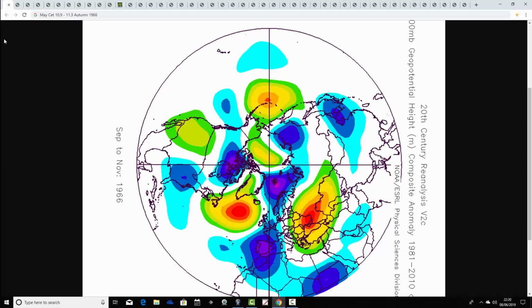The next autumn is 1966. Again, it has that area of below average heights through the UK and Western Europe, so it looks like a very unsettled autumn. Above average heights out in the middle of the Atlantic, jet streams like that, so quite a cool but also